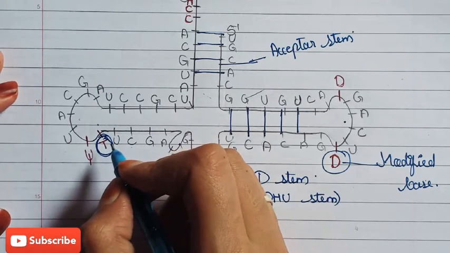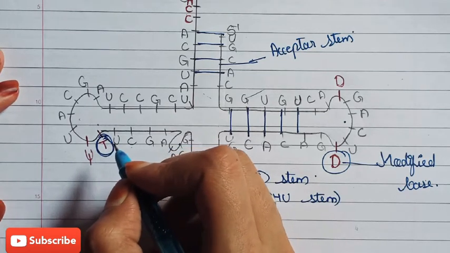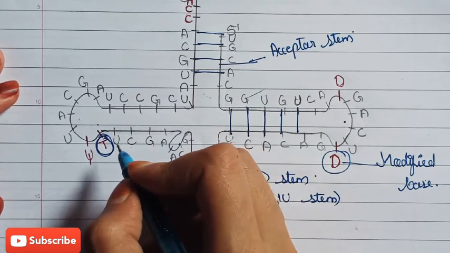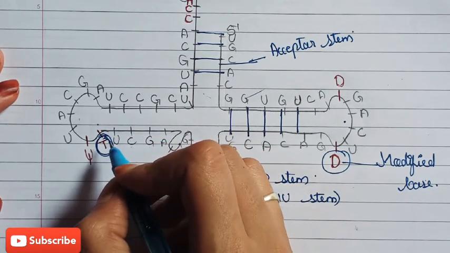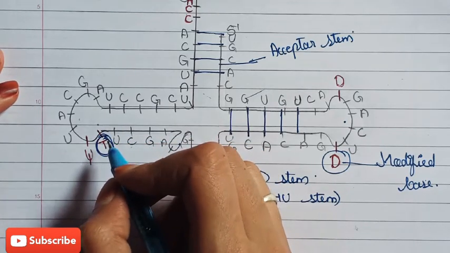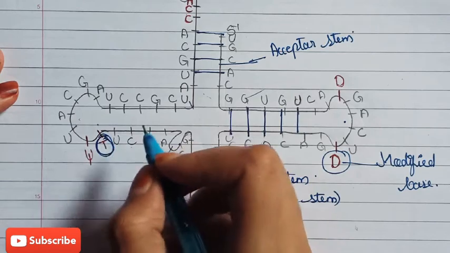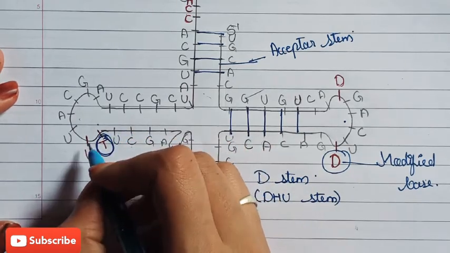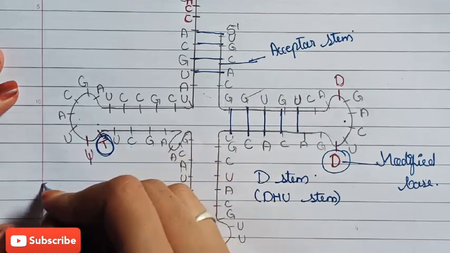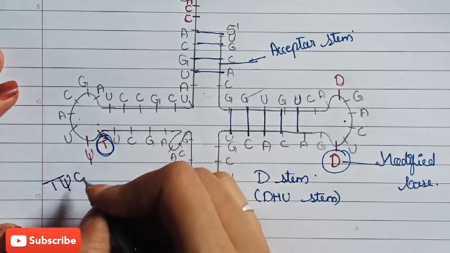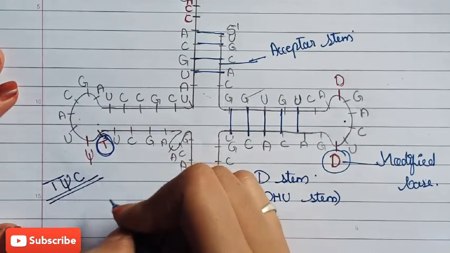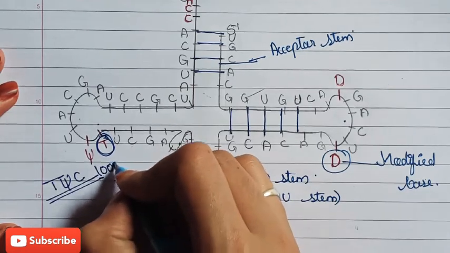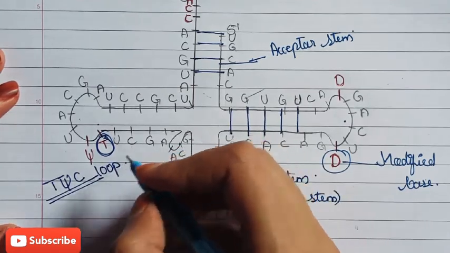As we know, thymine is not present in RNA, it is present in DNA. But in additional cases, at the place of the 4th loop of tRNA, there is a thymine present. So this part of tRNA is known as the T-psi-C stem or T-psi-C loop of tRNA,